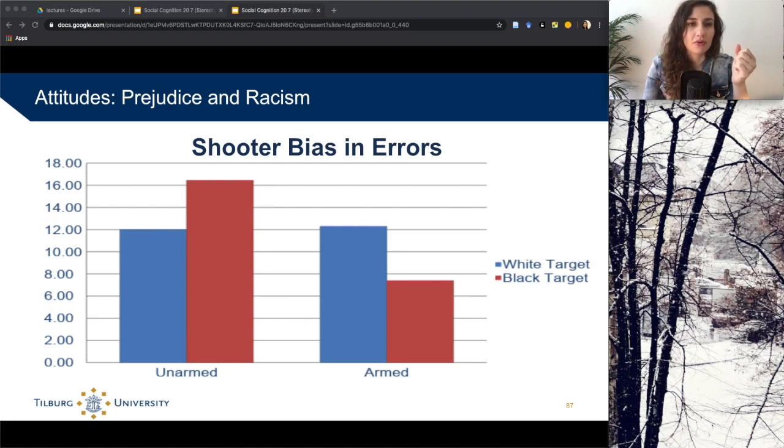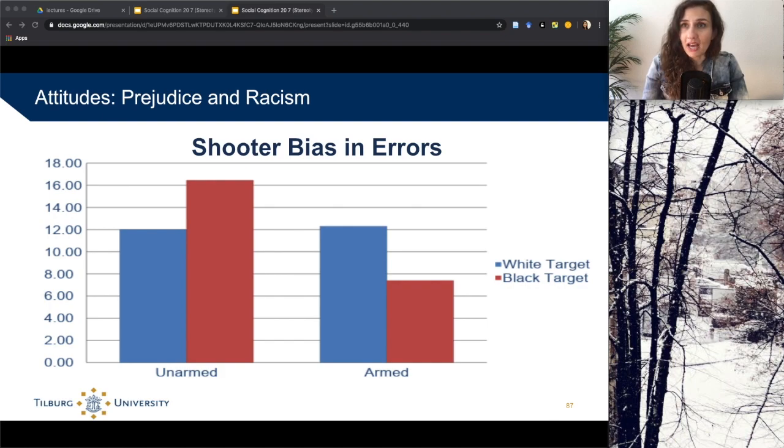Okay, so what we see here is in general that participants were more likely to shoot someone who is unarmed than they decided not to shoot armed targets. So they rather erred on the side of being overly active, and they weren't overly standoffish, right? So there were more false alarms basically than misses, if we want to boil it down to the language of signal detection.